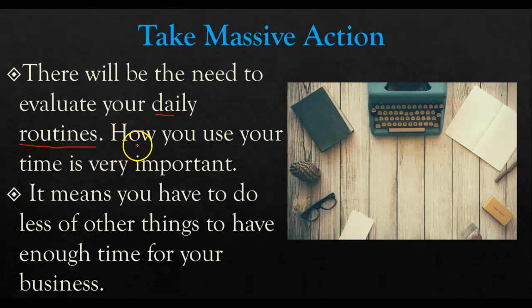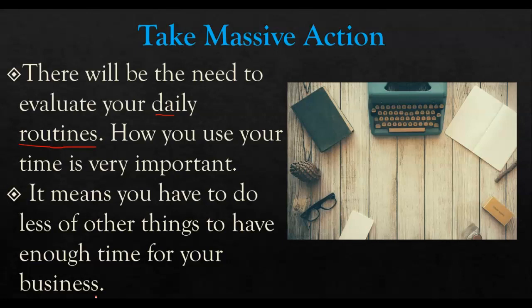So how you use your time is very important. Okay, so what have you been doing daily, weekly, monthly? Why did the business fail? So it means you have to do less of other things to have enough time to run the business. And it's something I call the time vampires.